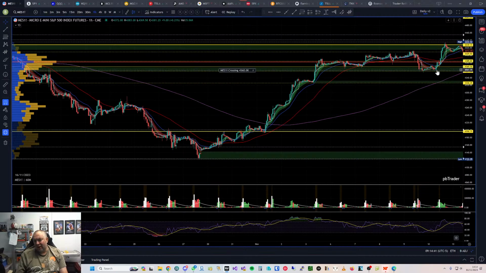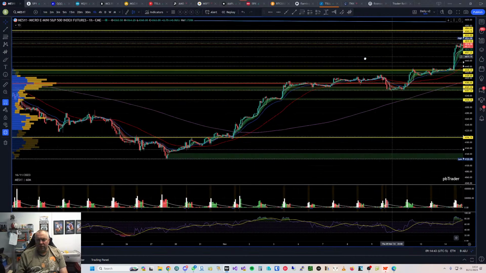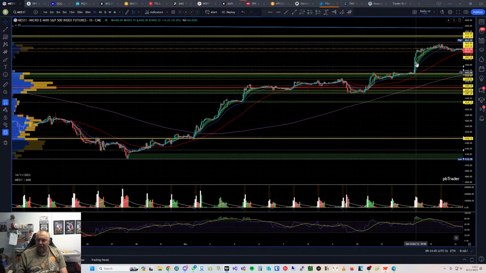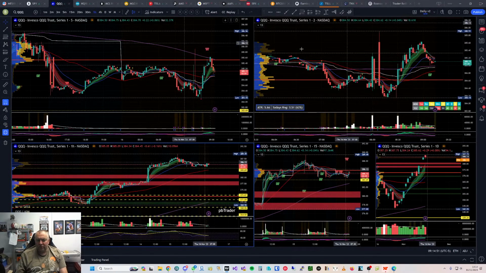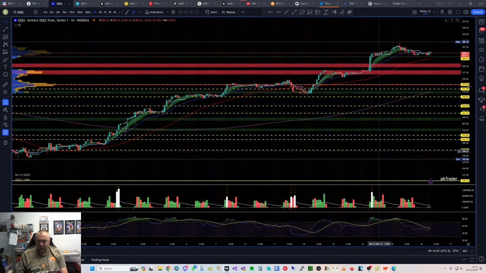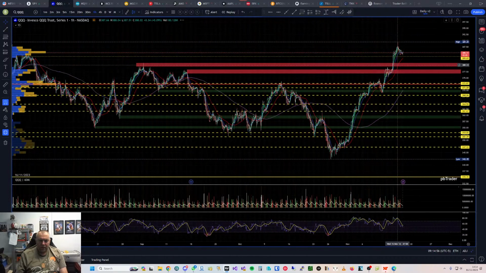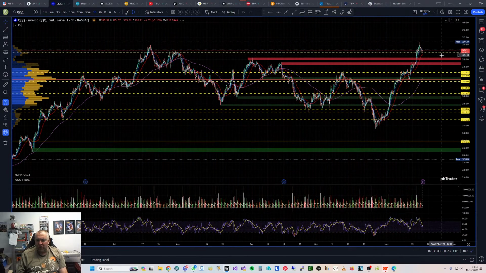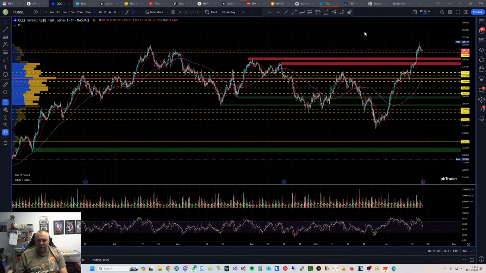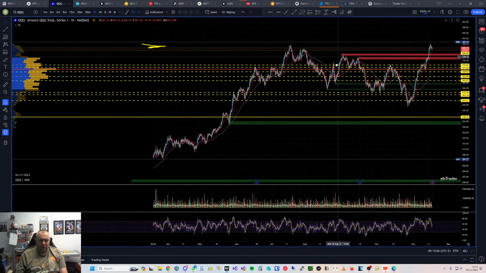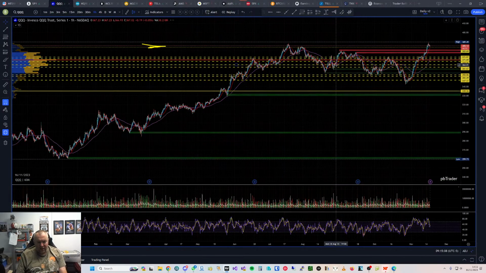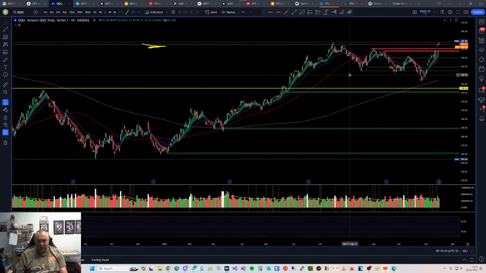Stair step down, and now we're going up, and we look like we're going across again there, up and across. So very strong. Looking at Qs, I know XLK made all-time highs recently, yesterday maybe. We've broken that pivot from July this year, looking quite strong. We need to go into the daily now, see where we are with Qs.